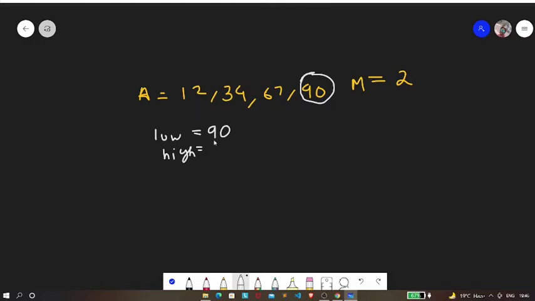Now that is going to be our minimum sum, and hence it is going to be our low. And what is going to be a high? Now a high is nothing but the summation of all the elements, right? So if you just sum all the elements, it will result to 203, okay?